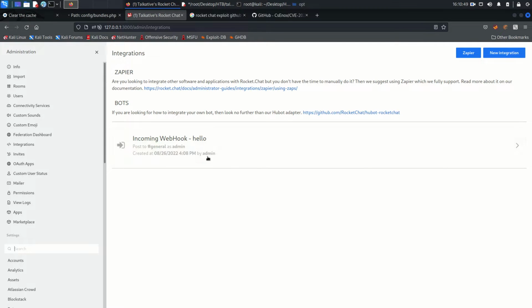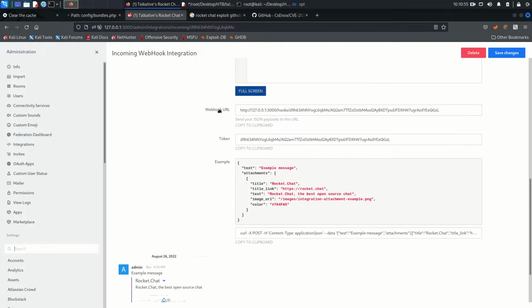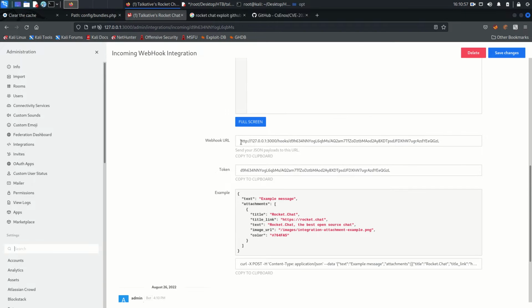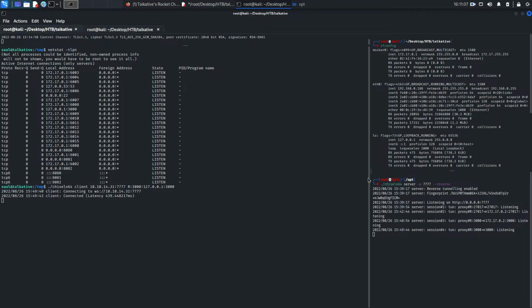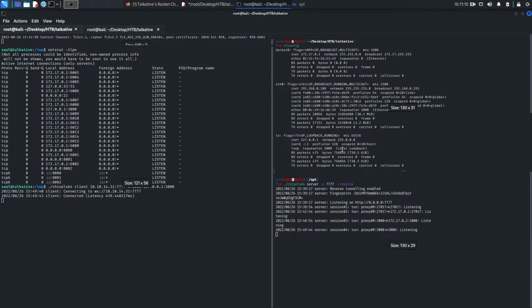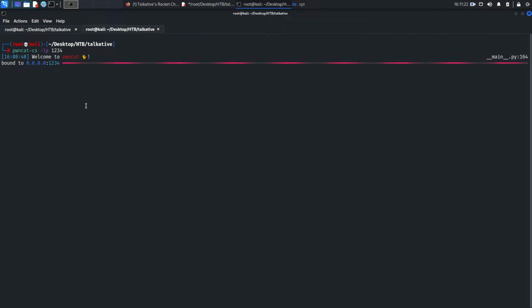Back to the integration. Come here. This time that seems perfect. And once you come here, you will find the webhook URL. So I'm going to copy this URL and go back to the terminal. Here I am going to call it with the curl. So clear that and curl, and then paste the hook URL. Just hit enter, go back to the terminal, and it should get the,